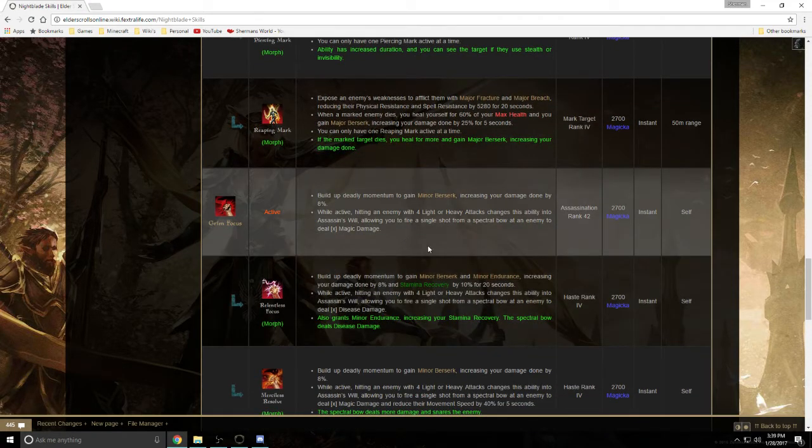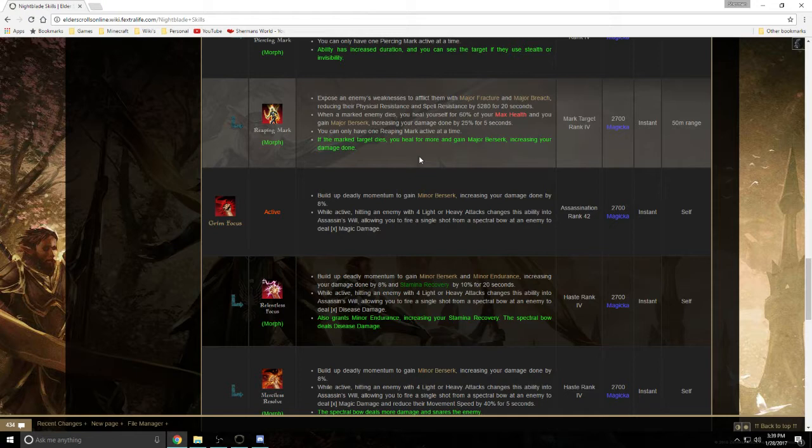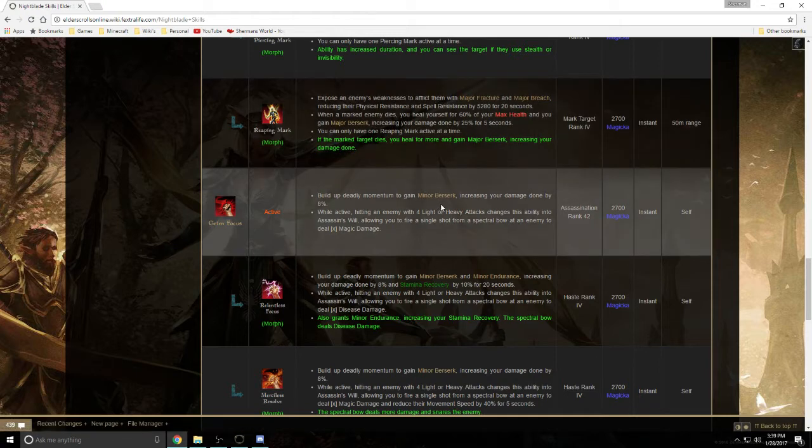Grim Focus, a lot of people don't see the use of this. You've got to understand, if you can pull it off, you can get major berserk and minor berserk at the same time. You build up momentum to gain minor berserk, increasing your damage done by 8%. While active, hitting an enemy with 4 light attacks or a heavy attack charges this ability into Assassin's Will, allowing you to fire a single shot from a spectral bow at an enemy,